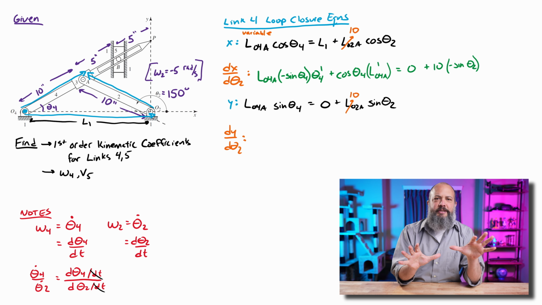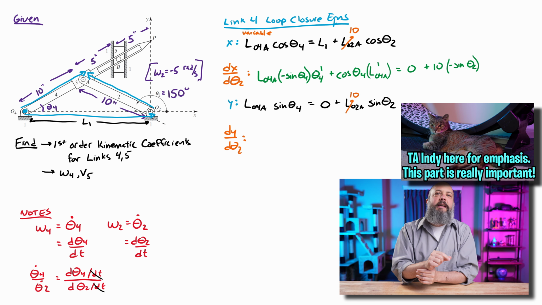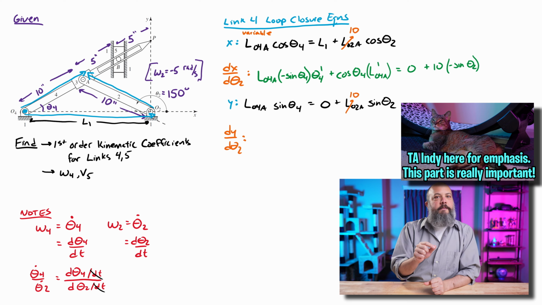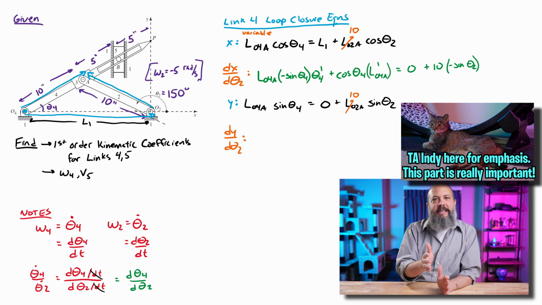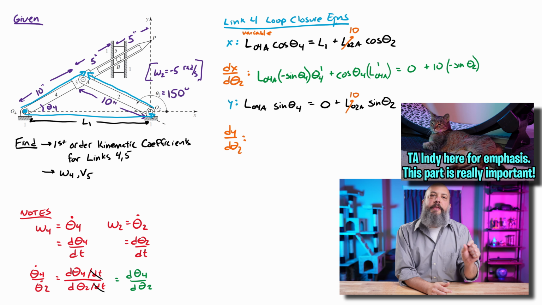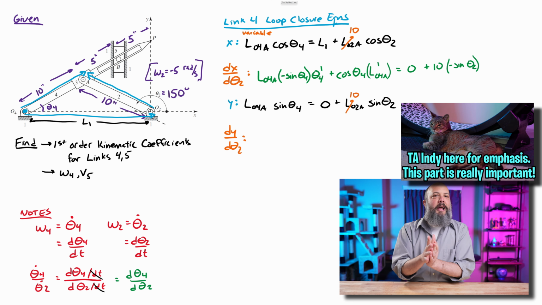So here I'm going to write down just some definitions first. Omega 4 is equal to theta dot 4, right? I'm just changing the term to give a dot here. And omega 2 is theta dot 2. And we can also rewrite, say, theta dot 4 as d theta 4 over dt, again to show that this dot term means time derivative. And same thing for theta dot 2, d theta 2 over dt. Now, if I divide these two terms, theta 4 dot divided by theta 2 dot, that's d theta 4 over dt divided by d theta 2 over dt, you can cancel out the dt's,